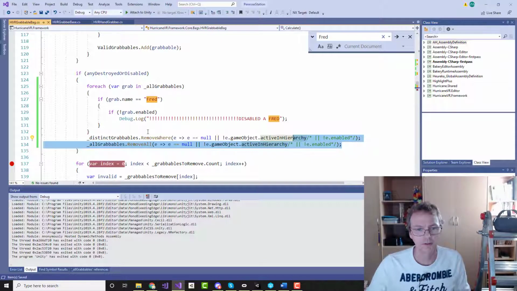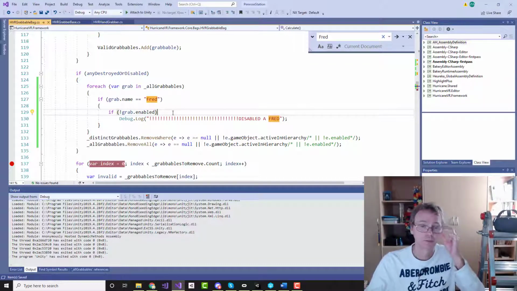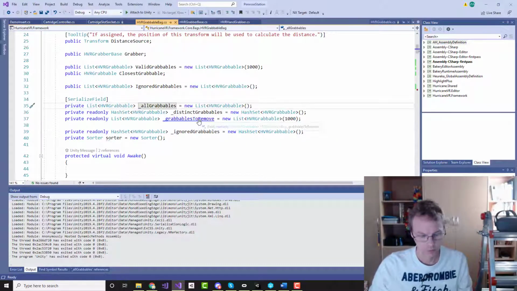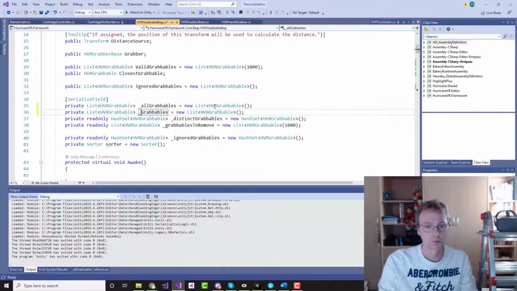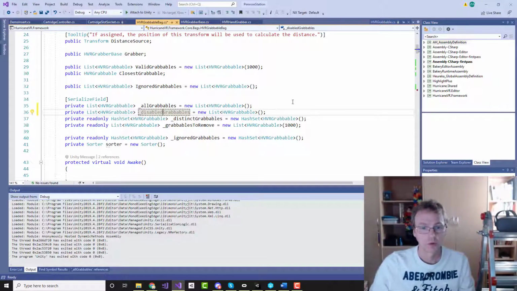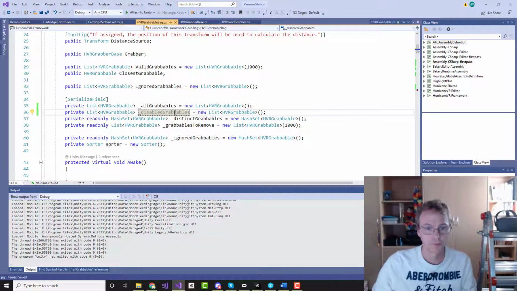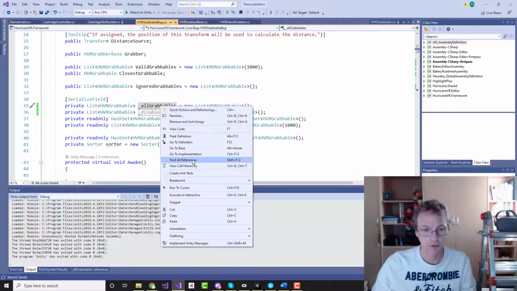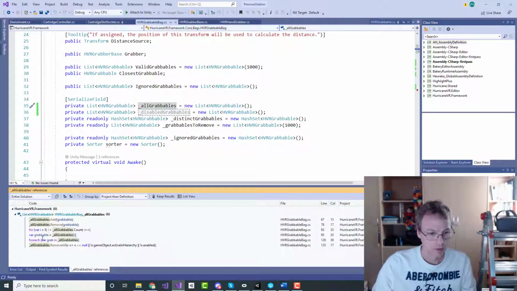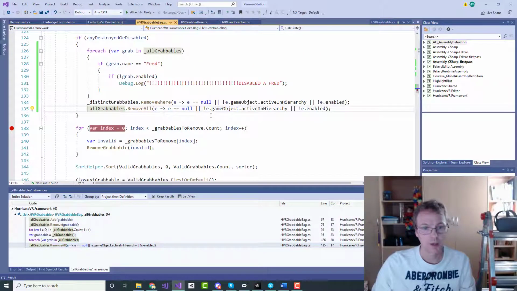The problem is that the grabbable was disabled. Disabled grabbables. And we're going to find all references to that, and we're going to say